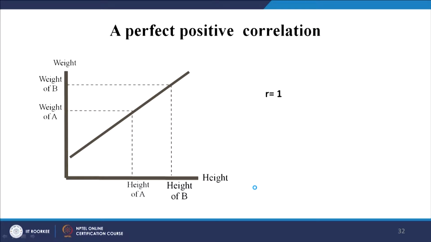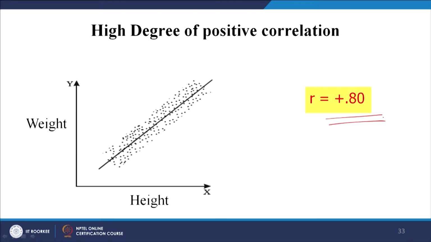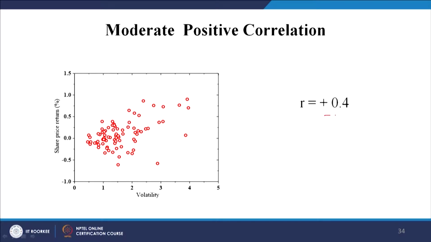So, R is equal to 1, weight, and we have taken height. So, we say it is a perfect positive correlation, right. When R is equal to 0.8, we will see how to measure R later, but when height and weight give R equal to 0.8, we say it is a substantially strong positive correlation. It is positive because of the sign, and because the value lies between -1 and +1, right. So, it is close to +1, so highly positive. Moderately positive now: the sign is positive and the value is 0.4. Now, if I draw a line, you see, this looks a little awkward, but still it is a positive correlation.